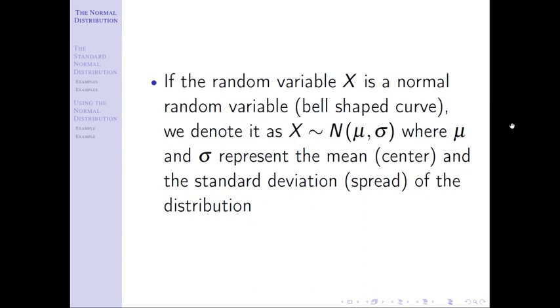We didn't talk about this a lot with binomial, but we could have done the same thing there too, right? You would say, well, what's the shape of that? Now, we didn't dive into this, but the shape of a binomial is going to be either symmetric or skewed depending on what the two parameters are. So we could have identified that. We could have gone down that rabbit hole if we wanted to. What's the center? Well, the center would have been the mean. How did we find that? N times p. What's the spread? Well, that's standard deviation. We could have found that by square root n times p times 1 minus p. We did that in some of the problems. So we didn't focus on it then, but I want you to take note that we could have, right?